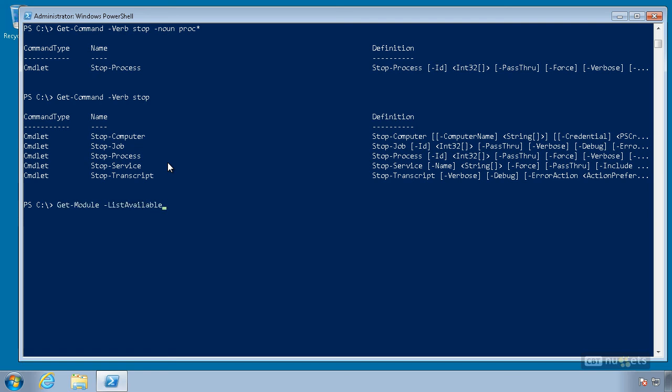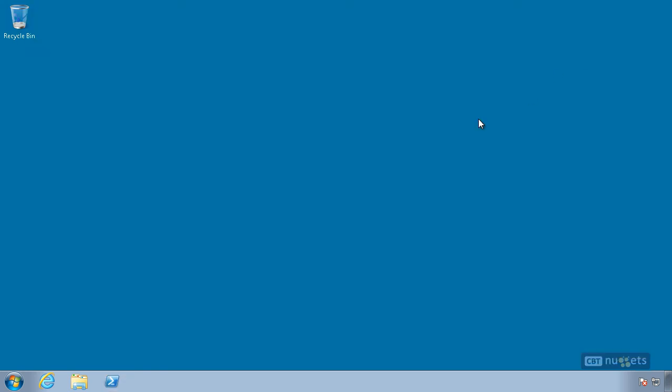I wanted to get module list available. You're going to have to run these commands to see what's on this computer. You're going to have to run that command on other computers to see what's on those computers. So by discovering what's there, you'll start to build up an image of what you can do in your head. And once you've got that image in your head, you'll be able to start planning out how you're going to